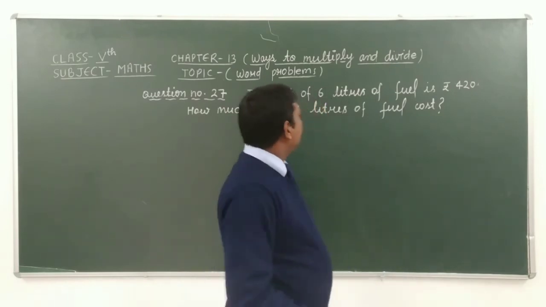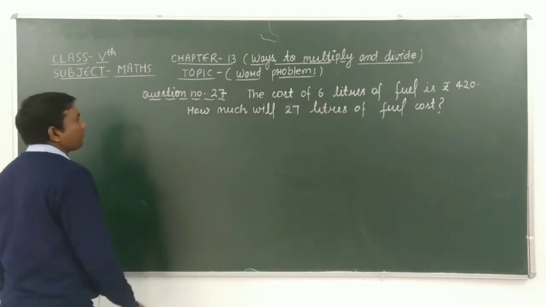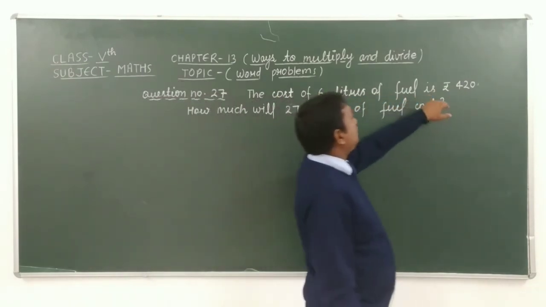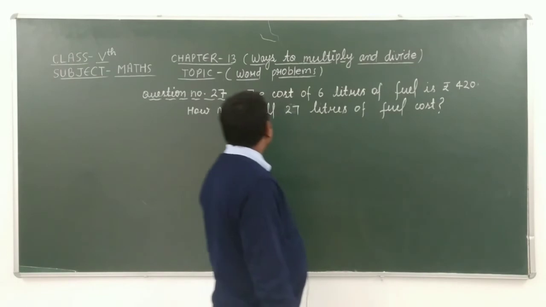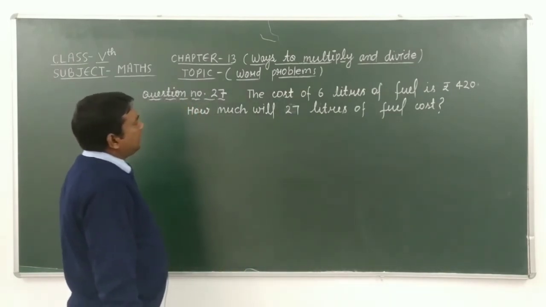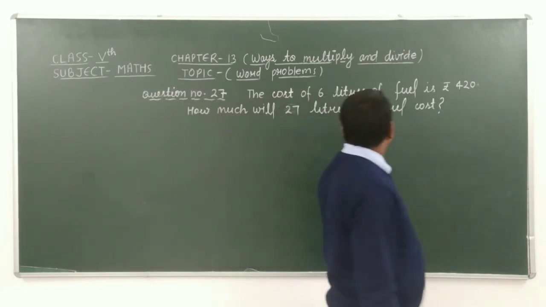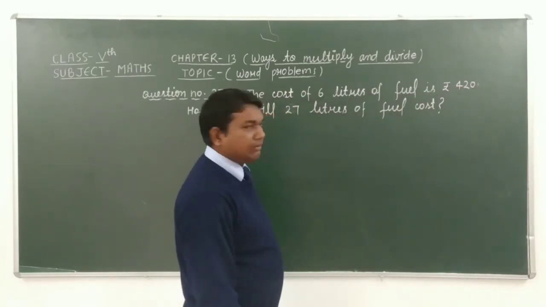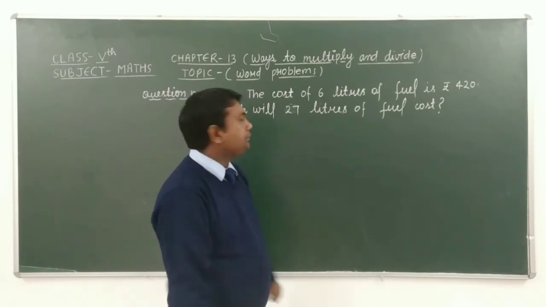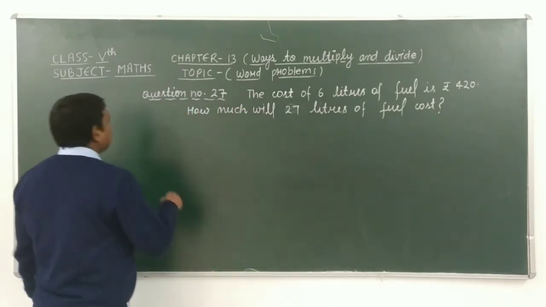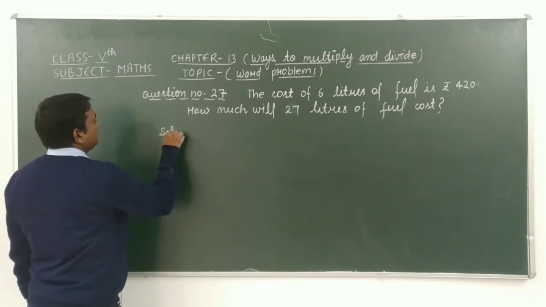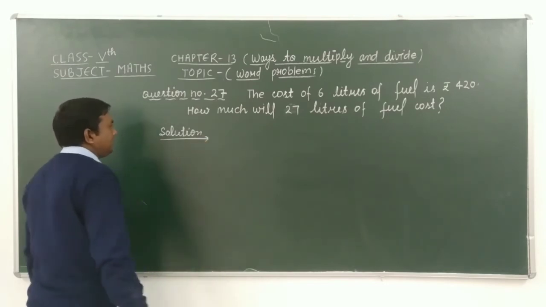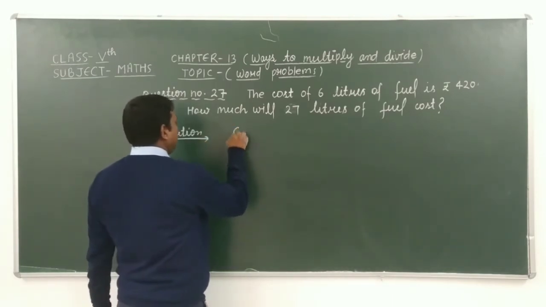Okay, students, look here carefully. In this question, you are given that the cost of 6 liters of fuel is rupees 420. Then we have to find how much 27 liters of fuel will cost. It means the cost of 27 liters of fuel. Okay, now let's start the solution of question number 27. Look here carefully. We are given that